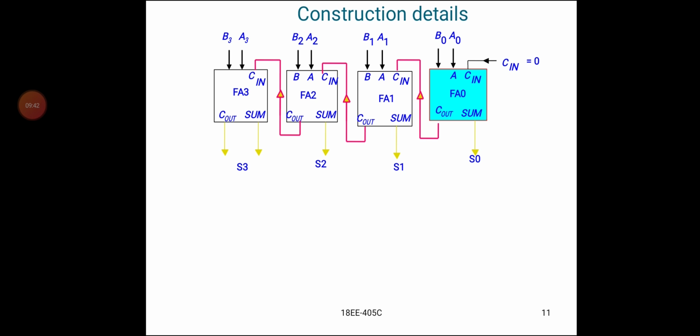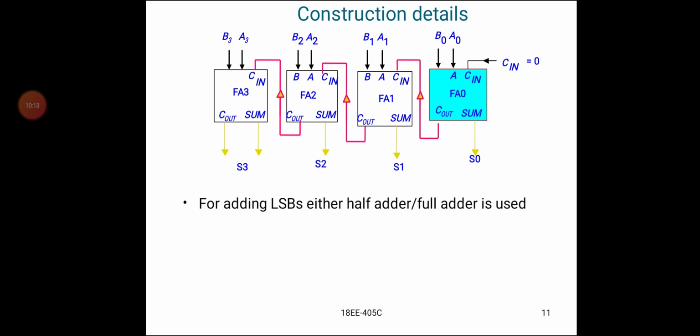The construction details are shown. For adding the LSB, either a half adder or a full adder is used. In order to add the LSB values, initially the LSB value has only 2 bits, so a half adder is sufficient for addition of